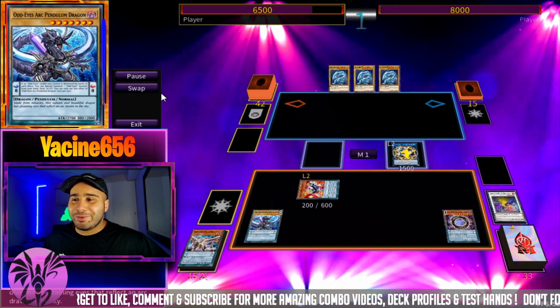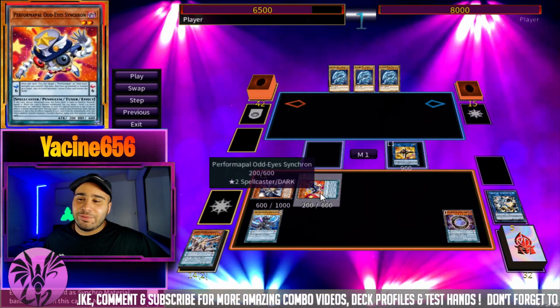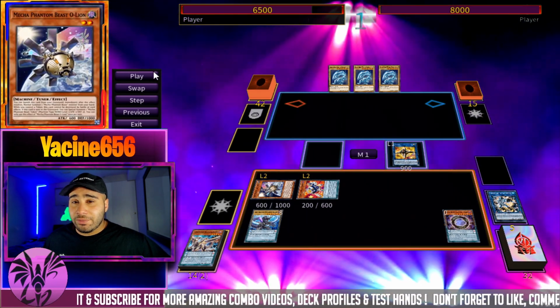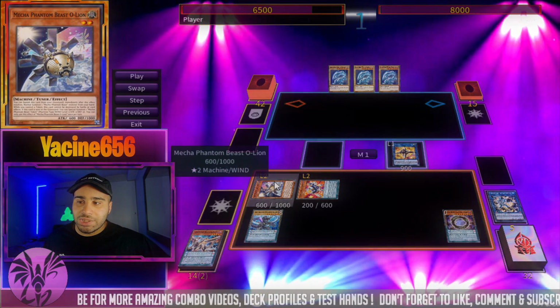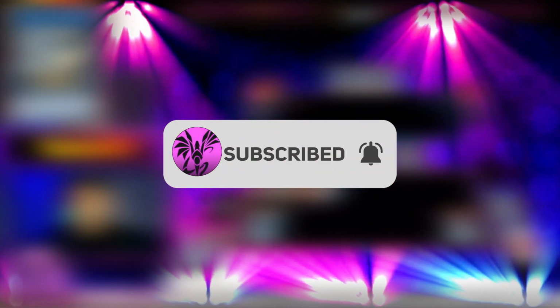So now we're making Needle Fiber. We still have an Odd Eyes Synchron, which isn't negated, so this is why it's significantly better to summon it off of Odd Eyes Arc and not off of Needle Fiber, because whatever monster you bring with Needle Fiber's effect cannot activate its effect. O-Lion, you know, it's a different story. It's kind of like Jet Synchron. It activates its effect once it is sent to the graveyard,